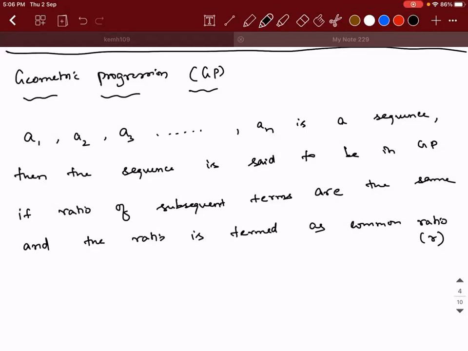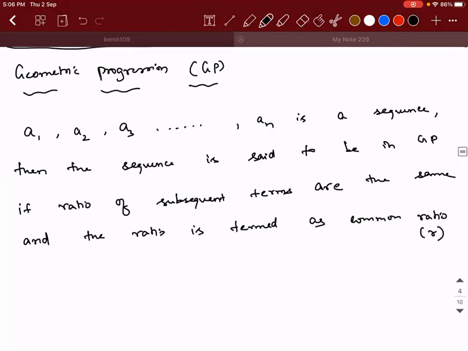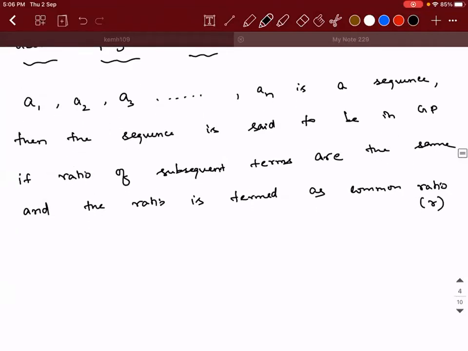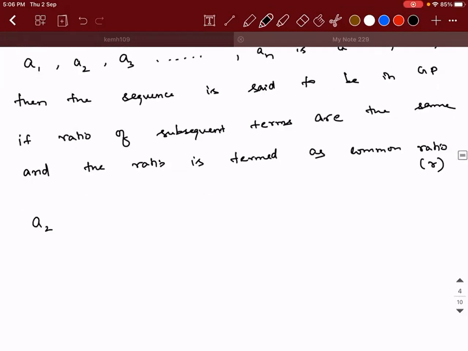Let's not stick to the definition theoretically. Let's try to understand what it means. As I told you yesterday, the best way to identify any sequence is finding the relation between the subsequent terms. Generally most progressions are defined in such a way that you try to find the relation of the second term with respect to the first. Yesterday, we took A2 minus A1 is the same as A3 minus A2 for arithmetic progression. In a similar way, if you take A2 divided by A1 is the same as A3 divided by A2,